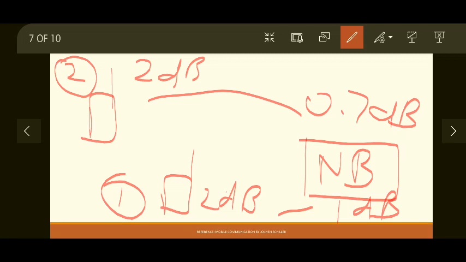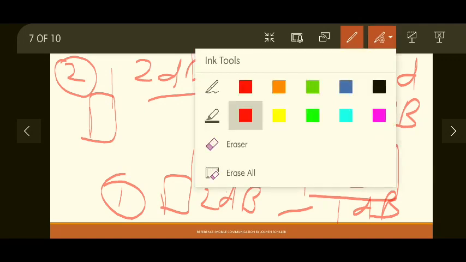These signal measurements are continuously given by the user equipments to node B. So node B has a database of previous signal strengths of each user. Based on that information, node B sends a TPC command, transmit power control command. This TPC command is sent by node B to each user, indicating whether they need to transmit at a higher signal strength or whether they should reduce their transmission signal strength. So how does it indicate that?